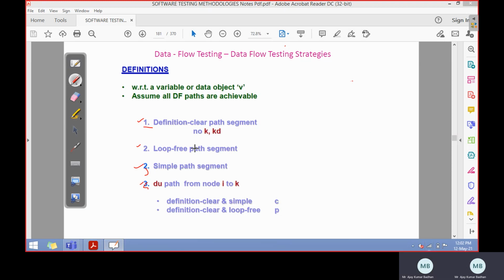For the first thing, we have the definition clear path segment.